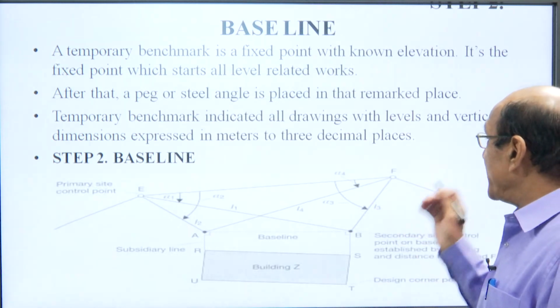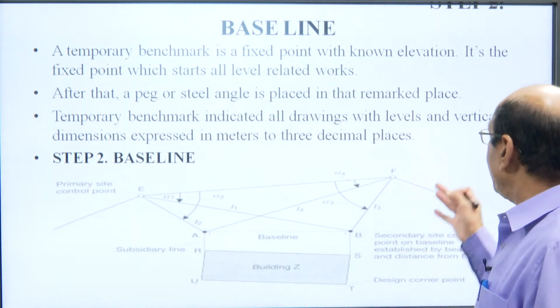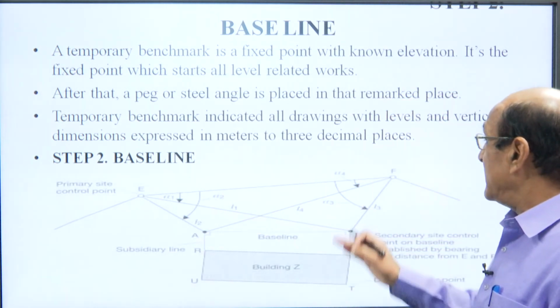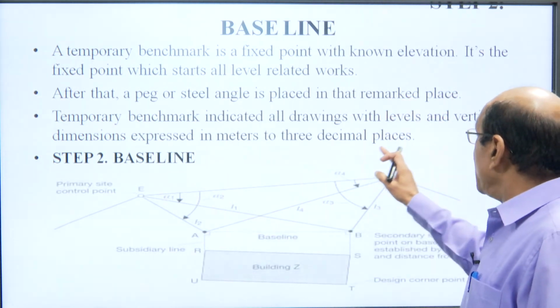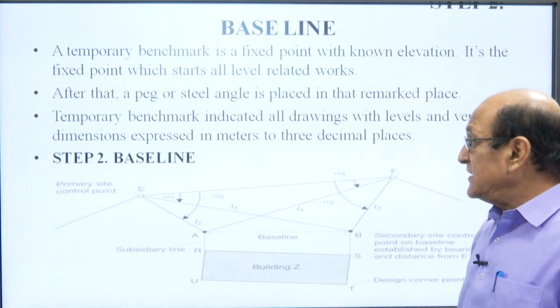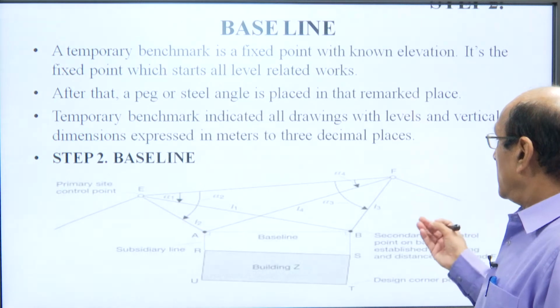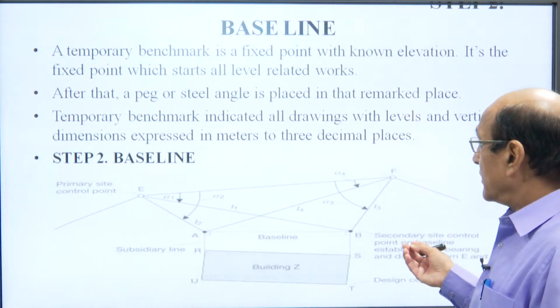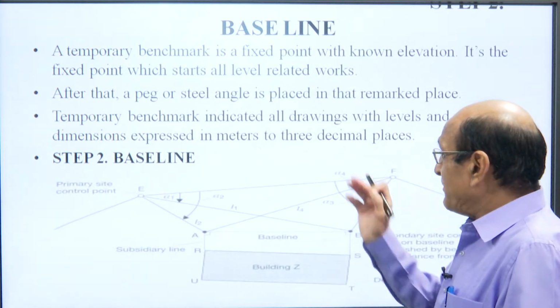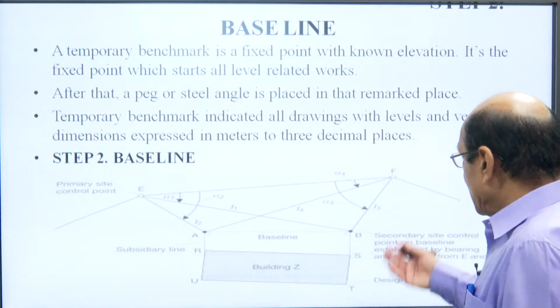Temporary benchmark is indicated on all the drawings with the level, and the vertical direction dimension is expressed in meters to the 3rd decimal place. So, this is the marking of the dimension. Step 2, that is a baseline. You can see here,